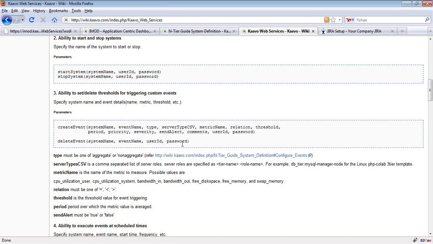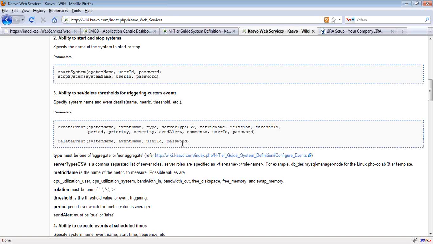The metric is CPU utilization, and you have to specify a threshold for that. I mean, you have to specify when the monitoring system will trigger the event. For example, we want the trigger to happen when the CPU utilization for the group of servers exceeds 50%.